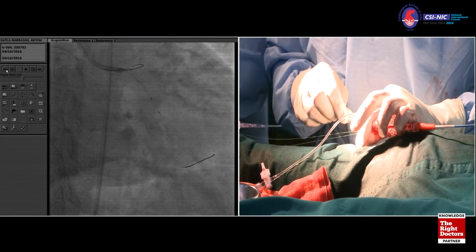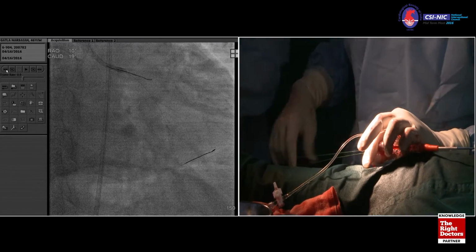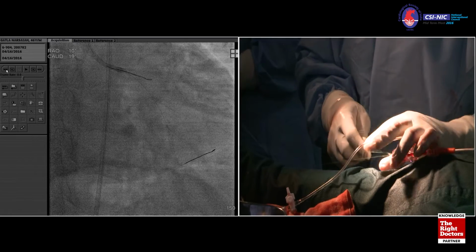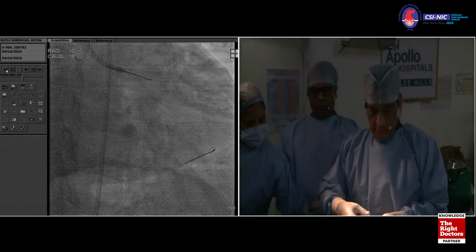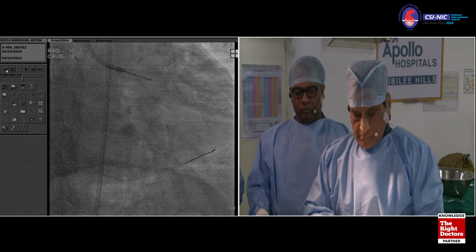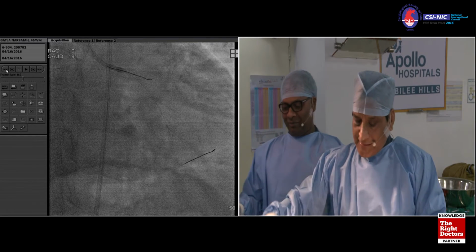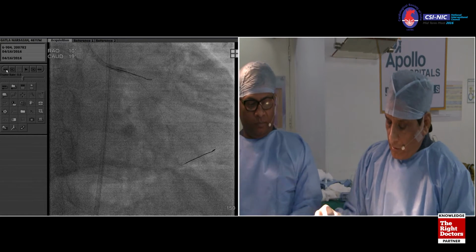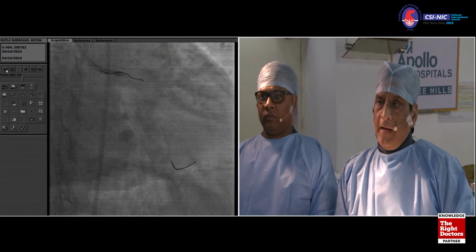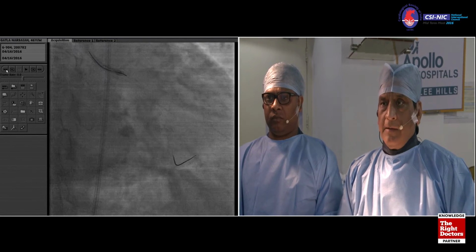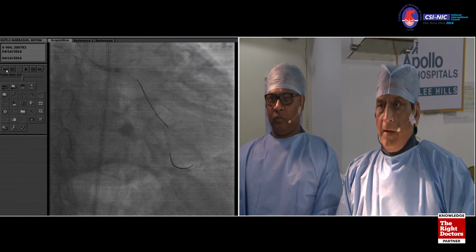No. Why should it be changed? I mean, we need a new balloon. Yeah. So we'll go small. Why don't we go with the 1.5? Instead of doing this, I think that we should change the balloon. That's it. Why do you want to recross it again? We may not be able to cross. You are an expert, you are able to cross it again and again. So instead of teaching us that, we should change the balloon rather than crossing the wire again. No, but if you think it was not difficult, one try going through a different strut, depends. Yeah, I would still give that advice first. Let's get a 1.5 balloon now.